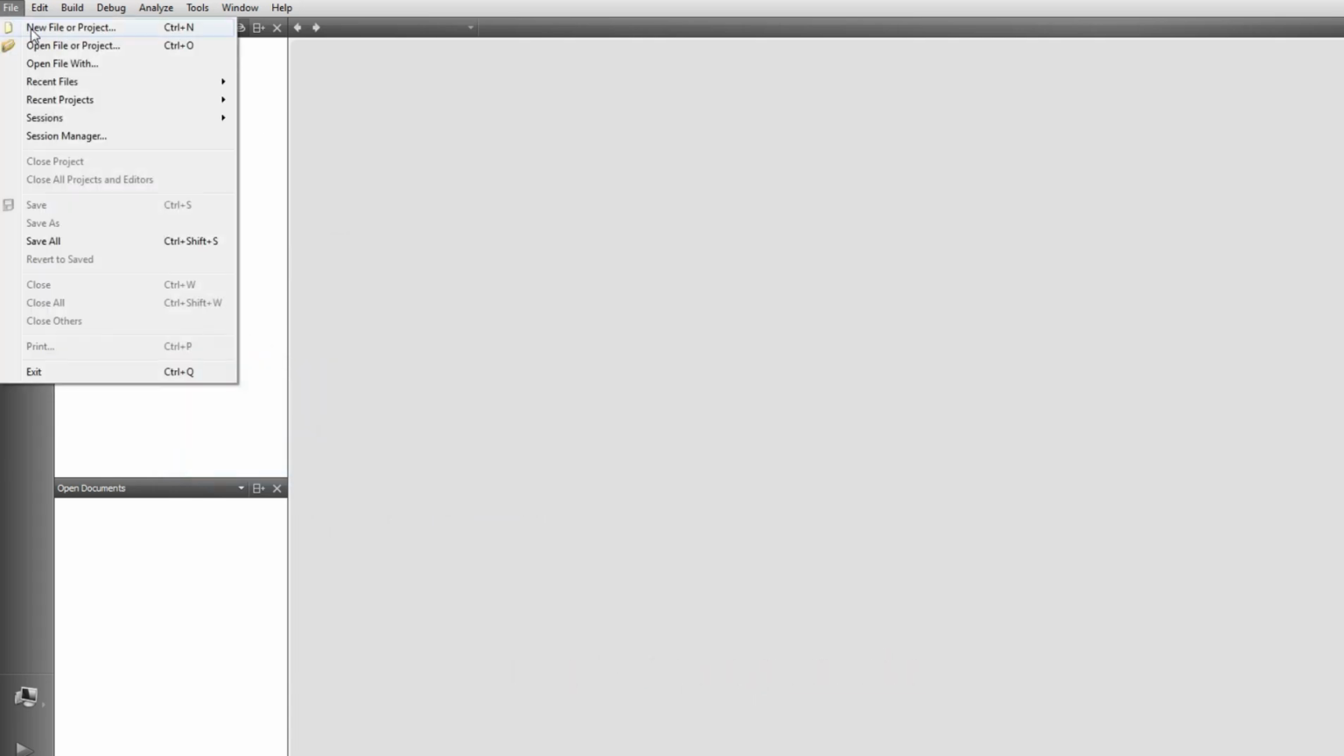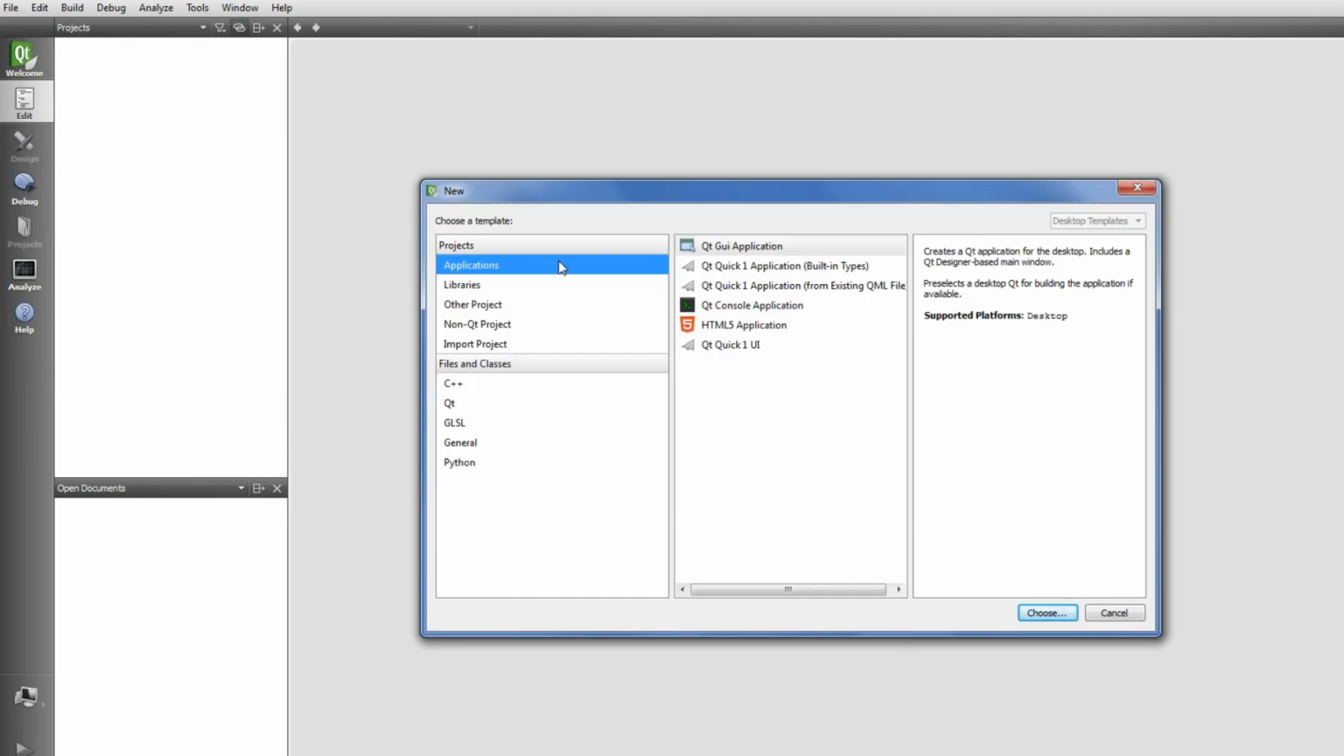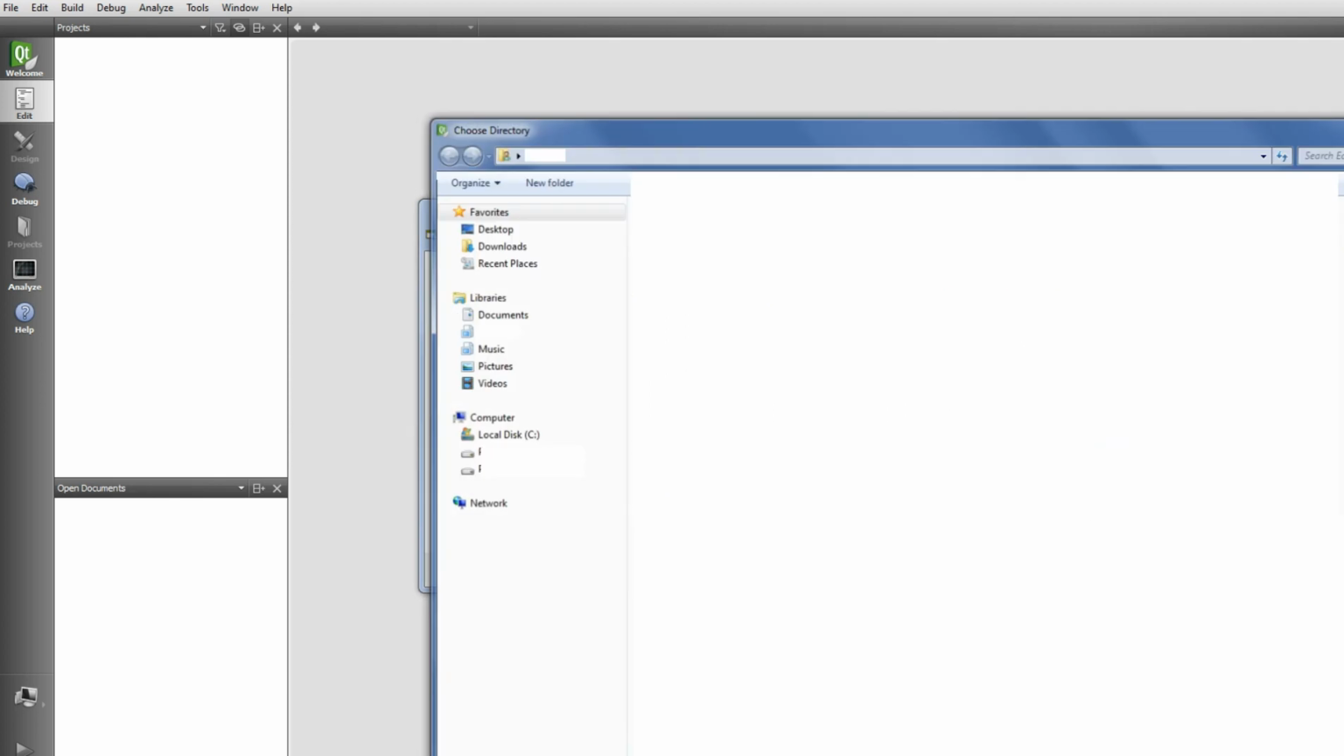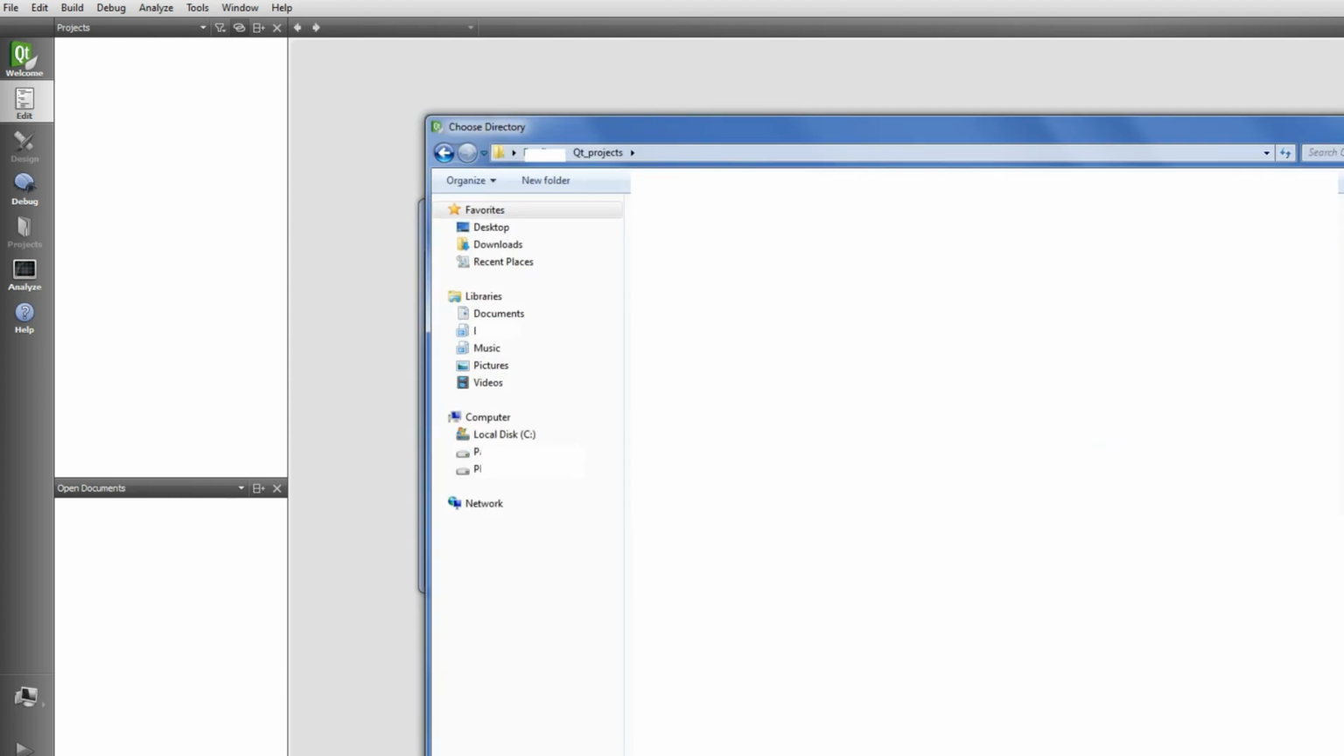You want to start a new file project. This won't be command based because the way I see things, it's just not user friendly. You want to see something visual, it's not just a black screen with white text, because that's not intuitive. So use projects, applications, Qt GUI application, choose. You could choose any